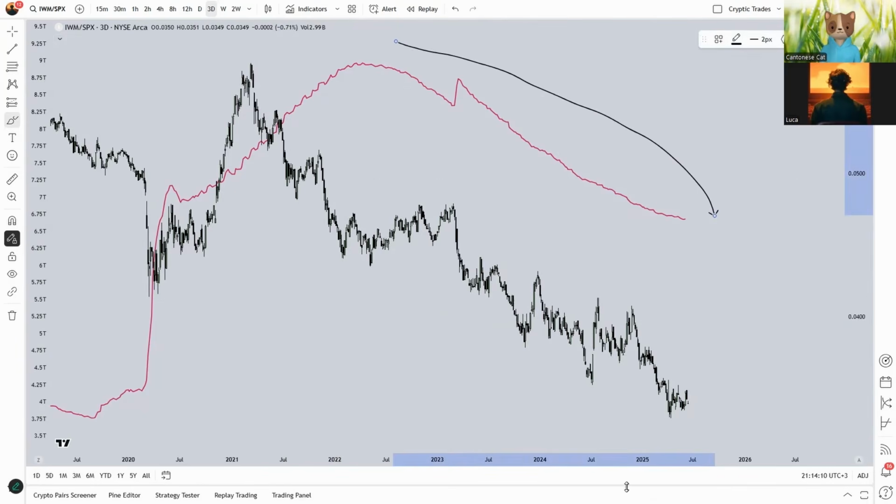Now, this is very interesting because, as we all know, small caps always need cheap capital and low interest rates in order to fund their operations. When they do not have access to that cheap capital, most of the time they have to attract financing some way. And they do that by diluting their shares. And this is also why the stock's price tends to suffer in these periods. Now, this is why tracking the macroeconomic data and the monetary policies of the Fed is so important, especially when we invest in the small cap sector. So, what are your thoughts on this?